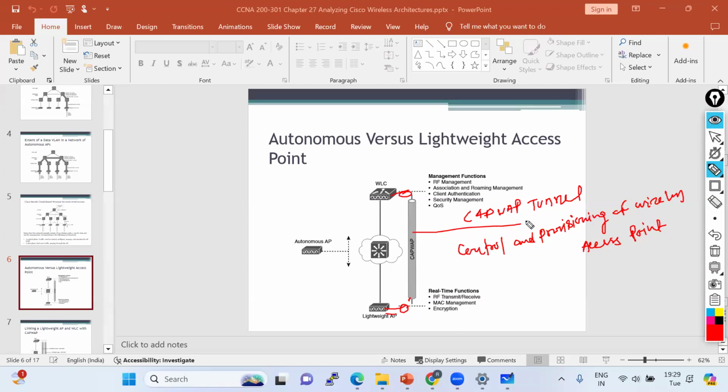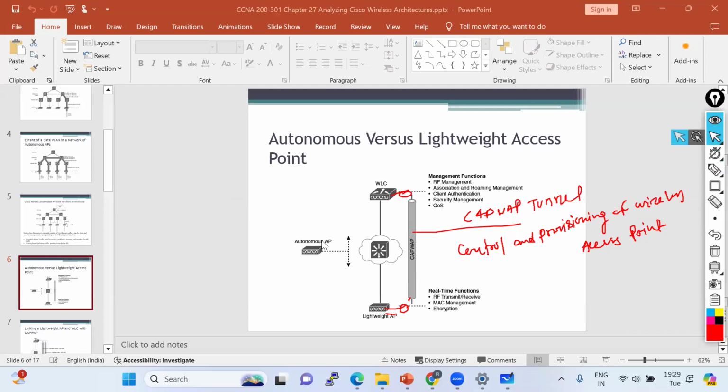It is a very secure protocol which is going to carry all the real-time control traffic in an encrypted format from the access point to the WLC, right? And how is it going to work? It is going to initiate a tunnel from the lightweight AP to the WLC, and that CAPWAP connection is going to be created. The tunnel is going to be established, and that CAPWAP is going to carry all the required control connections,